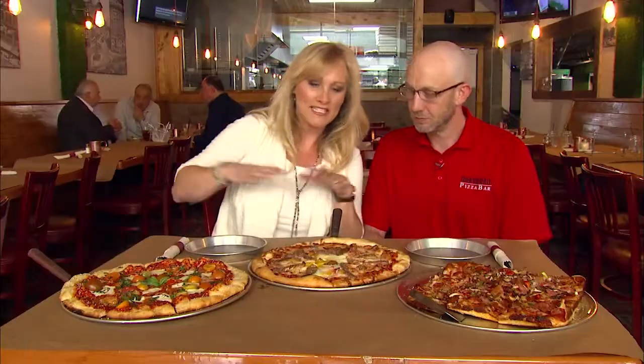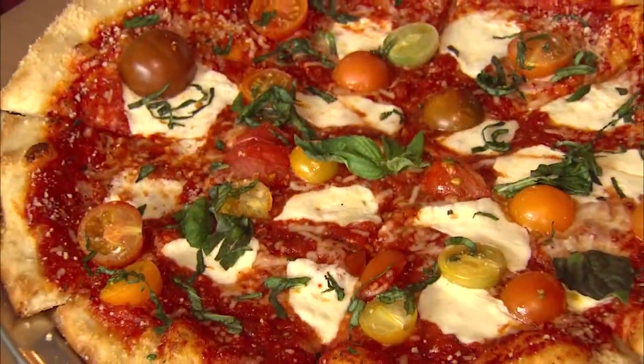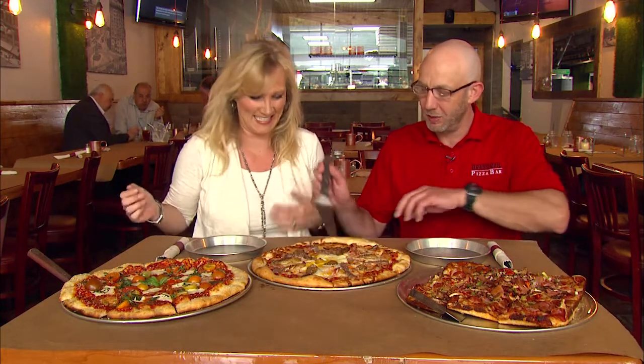Good job. Can't wait. I'm going to tell you, these are beautiful. These are some of the prettiest pizza pies I think I've ever seen. Look at the big tomatoes on there and the eggs, how it cooked out. Very cool. It spreads out nicely. So where should we start? What one's your favorite? Well, you got to start with breakfast, don't you? Breakfast, of course. Here, let me get you...